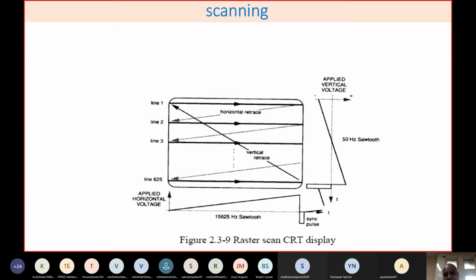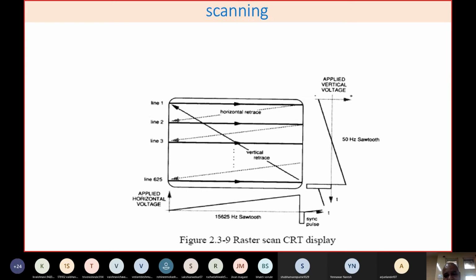That means one beam is generated, it is accelerated horizontally, then retrace takes place. Again, it is scanned horizontally, and you know that there is a composite video signal. In this composite video signal, if you take the CCIR standard, then for 52 microseconds you will have a video signal. For the remaining 12 microseconds you will have a black retrace period. And then you will have certain sync signals, vertical sync signal, horizontal sync signals. And just to line up your lines perfectly and control your illumination, you can also have back porch as well as front porch signals. These are also video synchronizing signals.